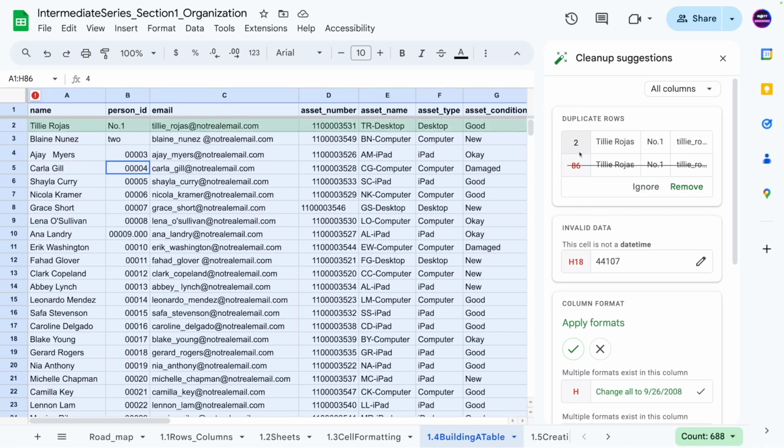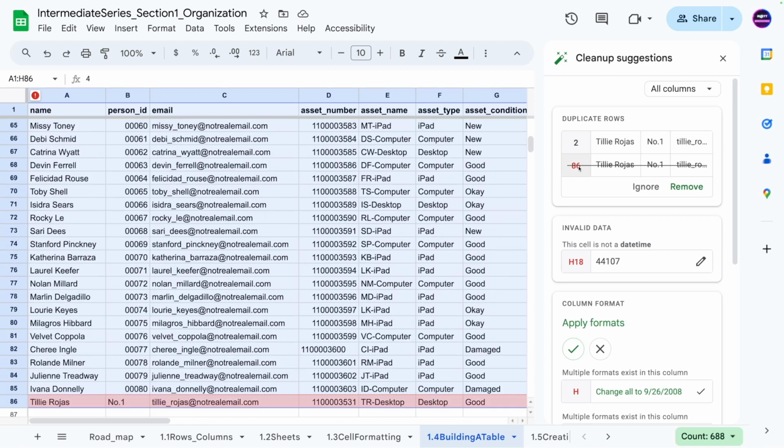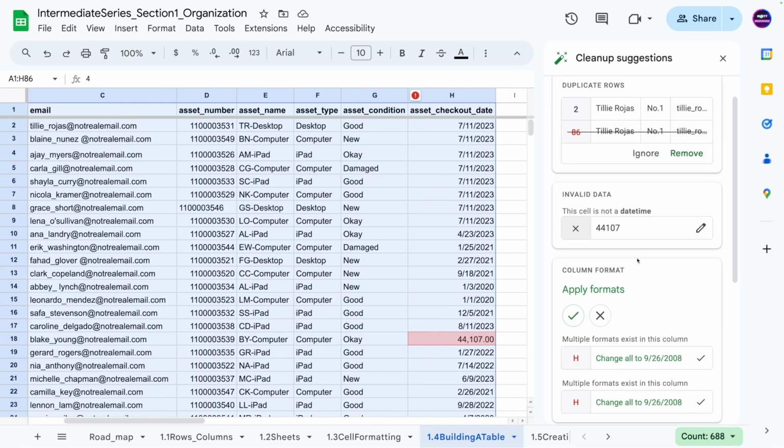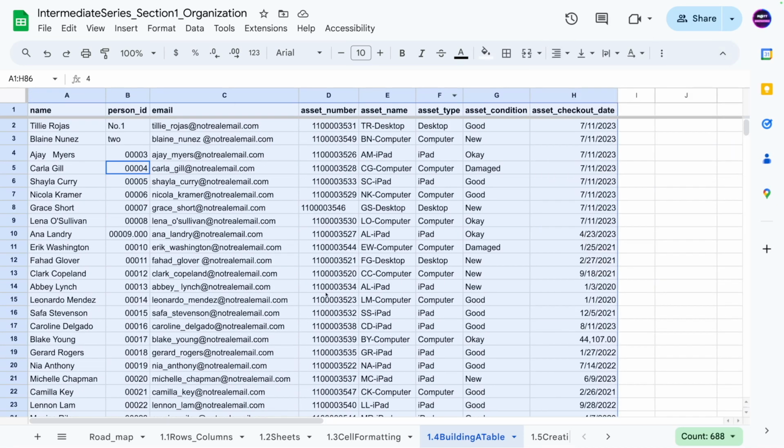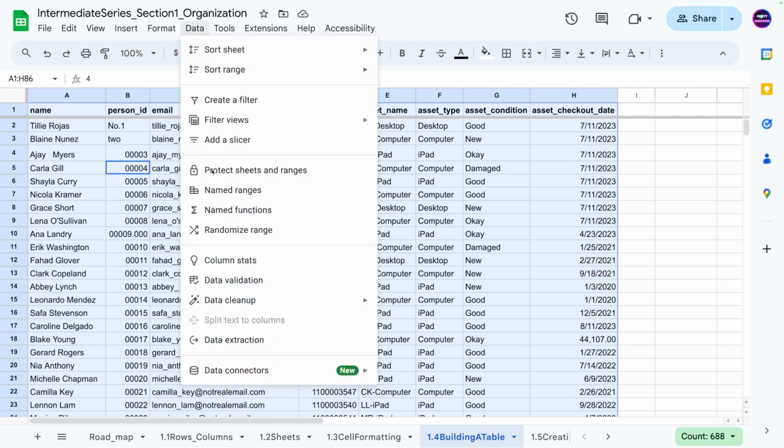Same for duplicated rows. It's saying that these 2 rows are identical. And looking at the 2, they actually are, and we would want to remove one. So that's a helpful thing. We'll go ahead and go through all of it and do it ourselves, but that can be a helpful, like, oh, I didn't even think about that. That's a good call. So data cleanup, I'm actually going to highlight all of it because we never want any